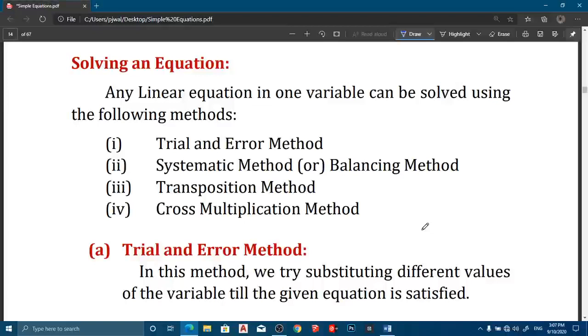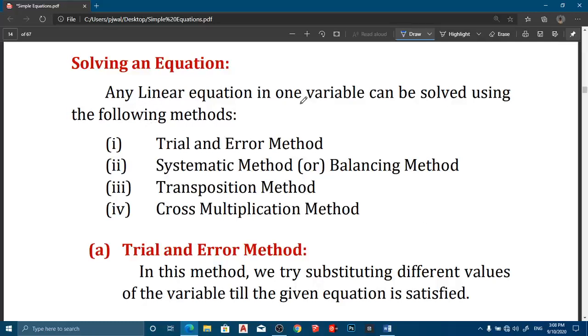Up to now, I have learned how to convert the given mathematical statement into an equation and to find out whether the given variable is the solution of the given equation or not. And in Exercise 3A, some problems also we have completed. So now we are going to learn about an important concept, which is how to find the solution of the given equation by using four methods.